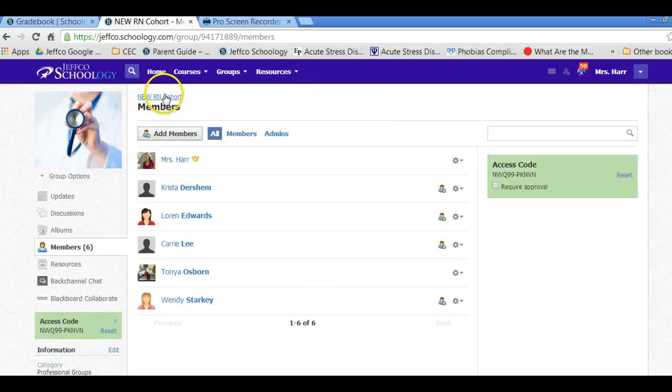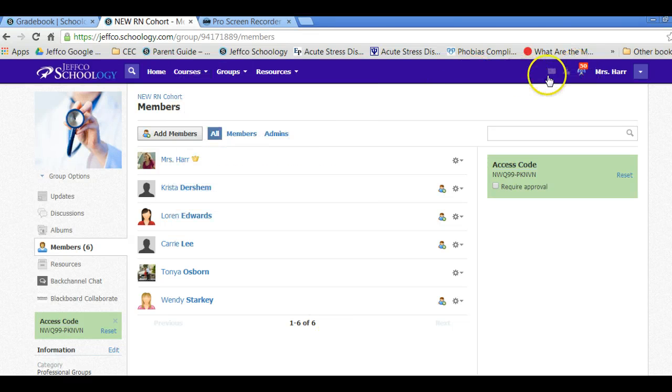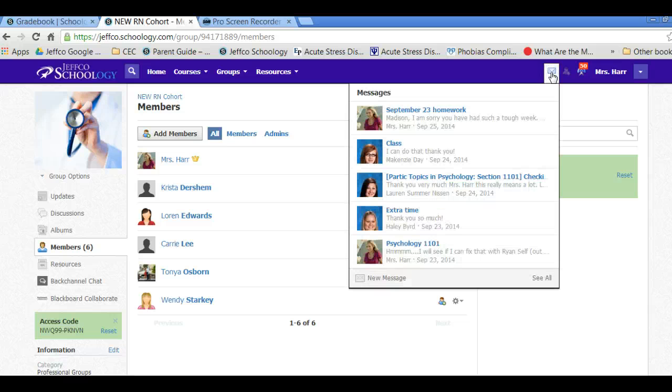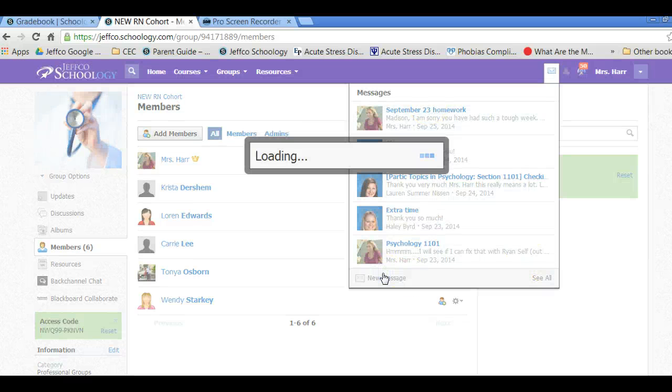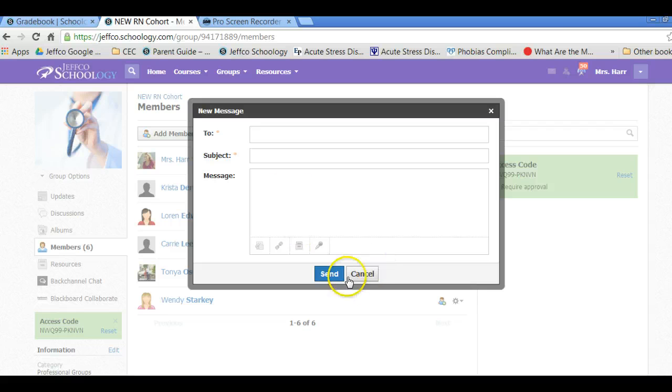Play around with it. Actually, sign into Schoology, and I'm going to send you this access code. Send me a message from Schoology. So how you do it, here are the messages right here. This is where you do a message. If you want a new message, you write right here. So when you get into Schoology and you're playing around, send it to Jennifer Haar and say, hey, and let me know you're in here, and then you click send.